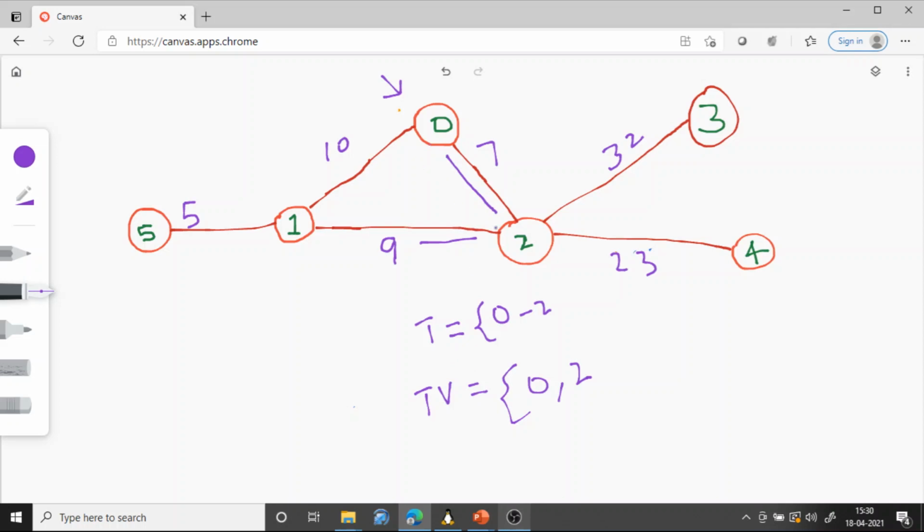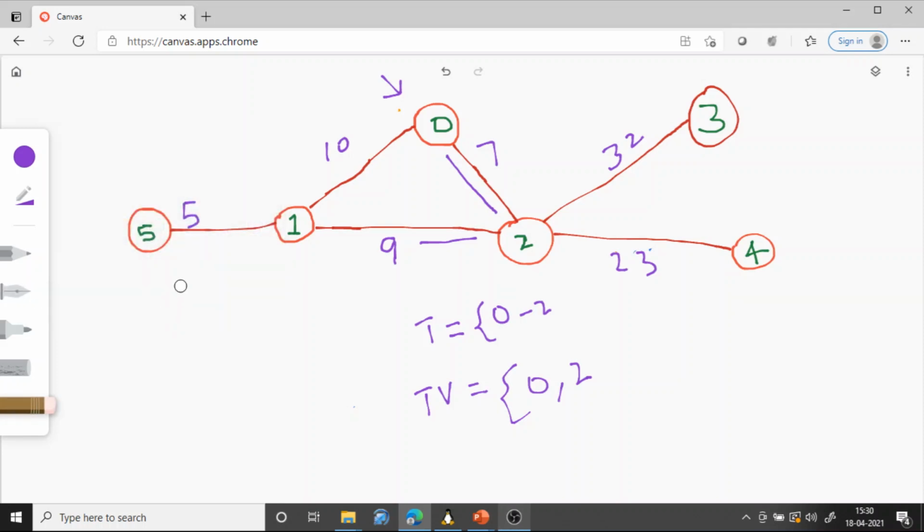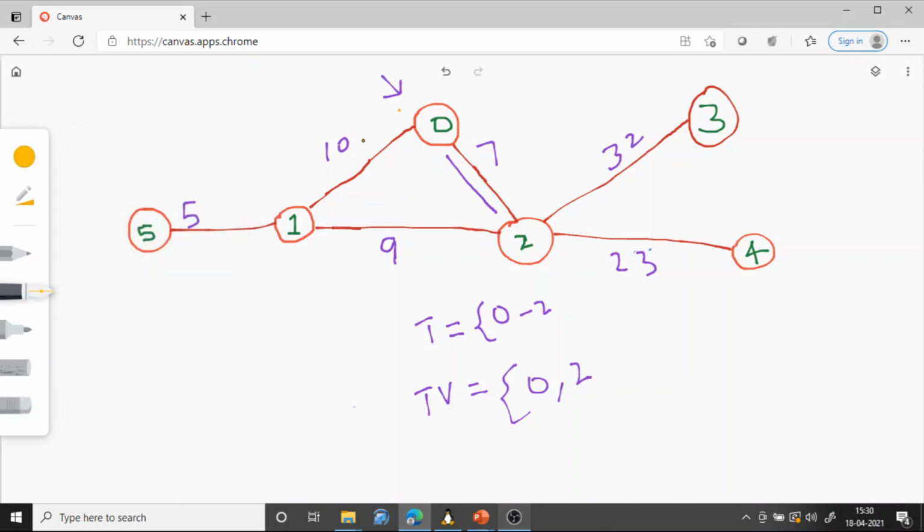From 0 we have only one option, 0 to 1, because 0 is added and 1 is not added. So far, this is the only edge added.